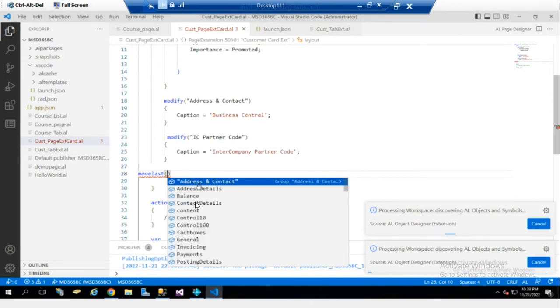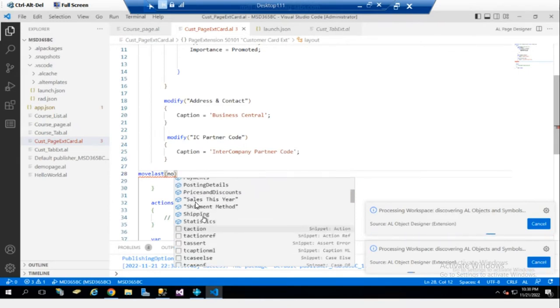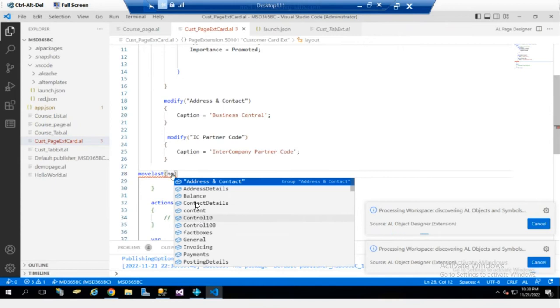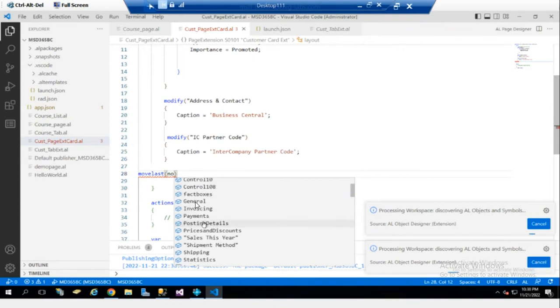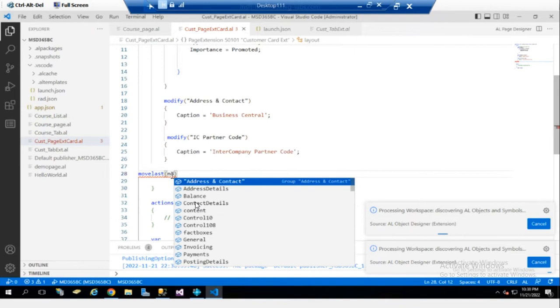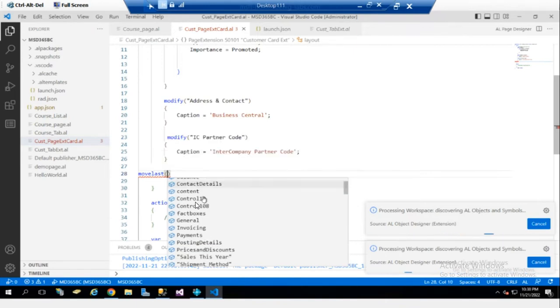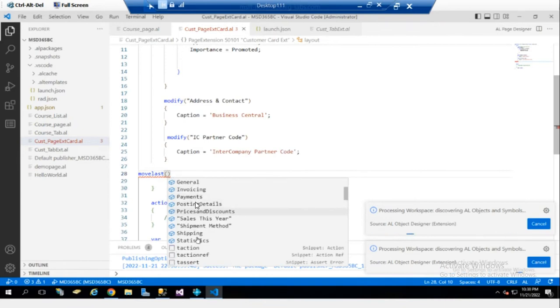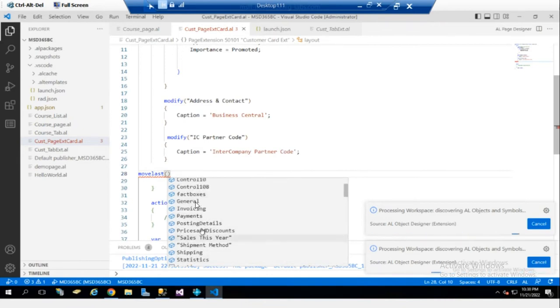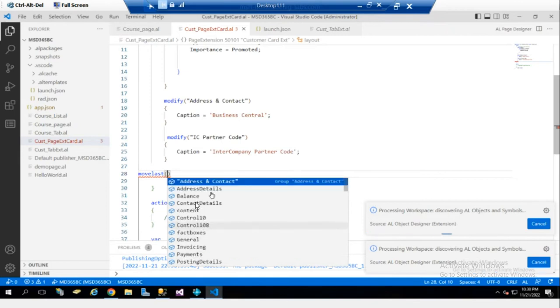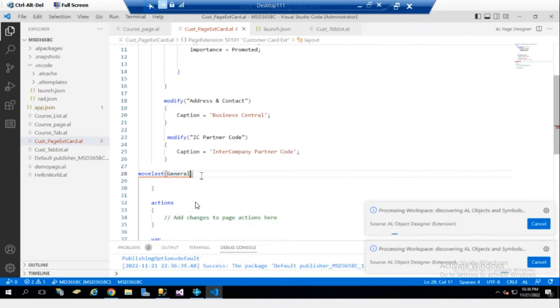So I want to move number first. And in this FastTab, what I